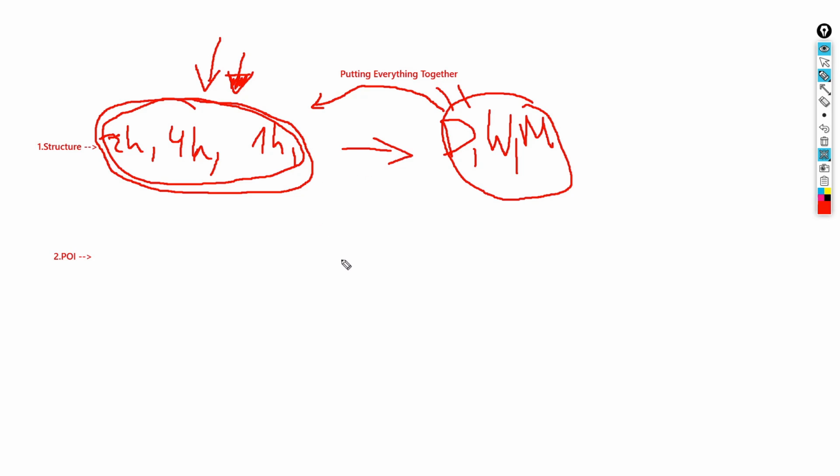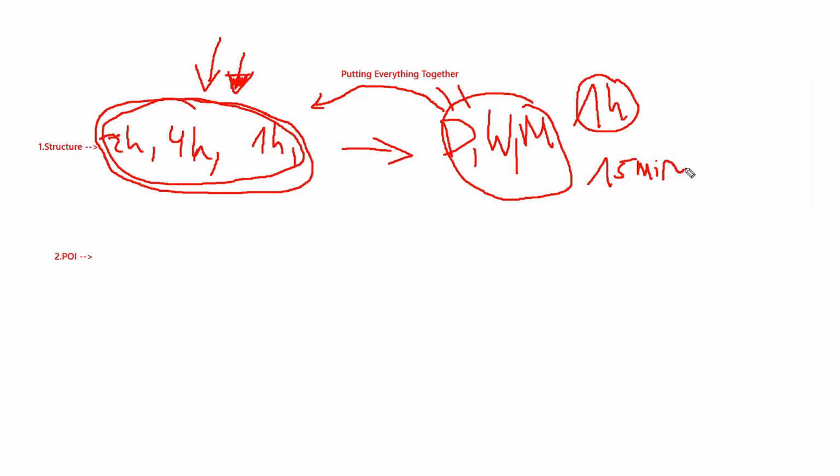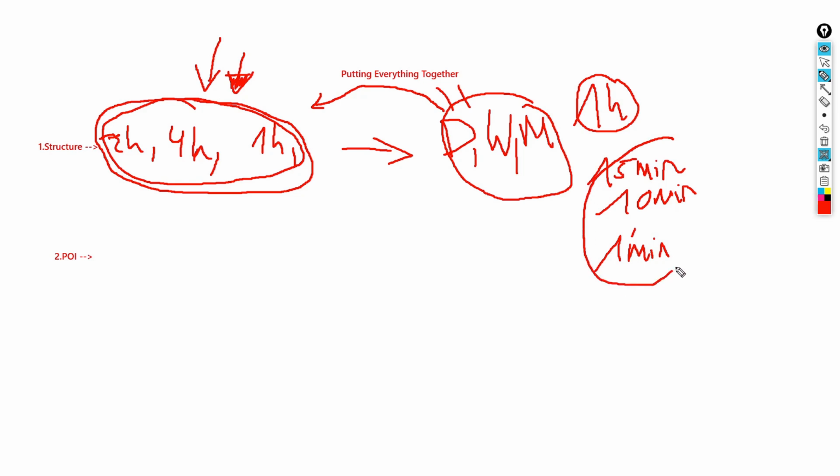You could use your 1 hour as your sort of higher time frame and look for 15-minute points of interest or 10-minute points of interest, right? You're going to need to flick through time frames to then execute on the 1-minute time frame and see what's going on over there. So whether you want to use higher or lower time frames, that is completely up to you. But what we're going to be doing in this video is starting off with the higher ones,